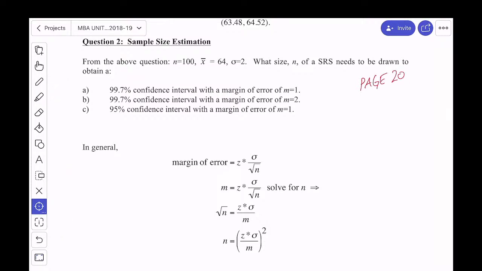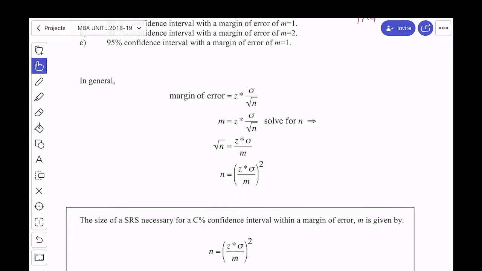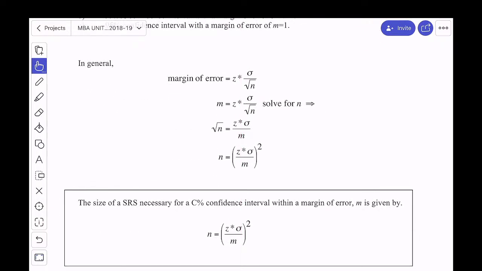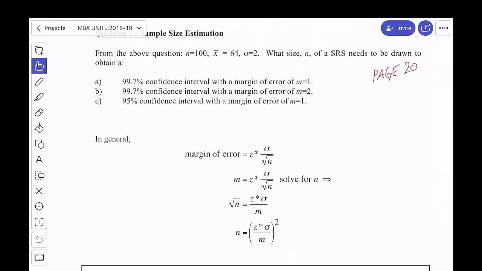So we've already solved for our formula. This is similar. When we did this for proportion, we did the same thing, but we had obviously a different result because we were dealing with proportion. What we want to solve for